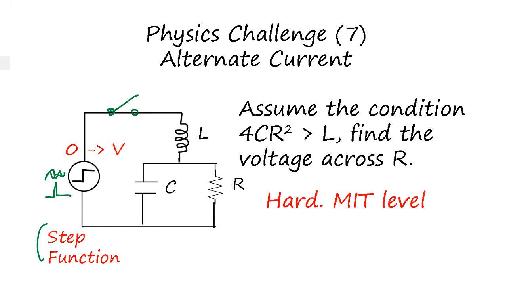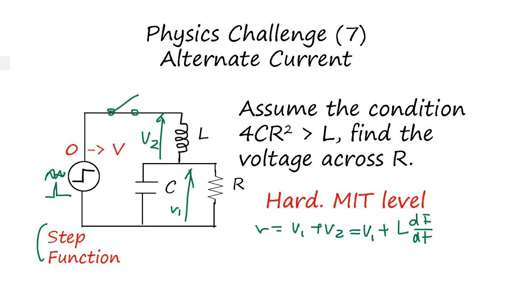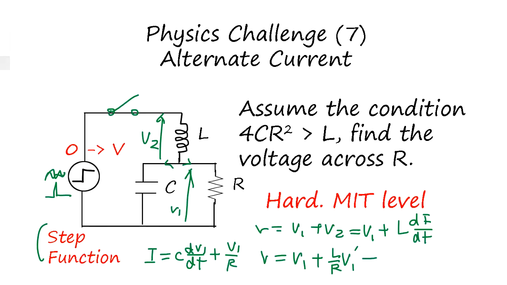So what's happening is it's asking for V1 here. That means V2, and V equals V1 plus V2. Okay, V2 is actually L di/dt, and I flows through two different locations. I is C dV1/dt plus V1/R. So you take a derivative again, and it's going to be V1 plus L over R V1 prime plus LC